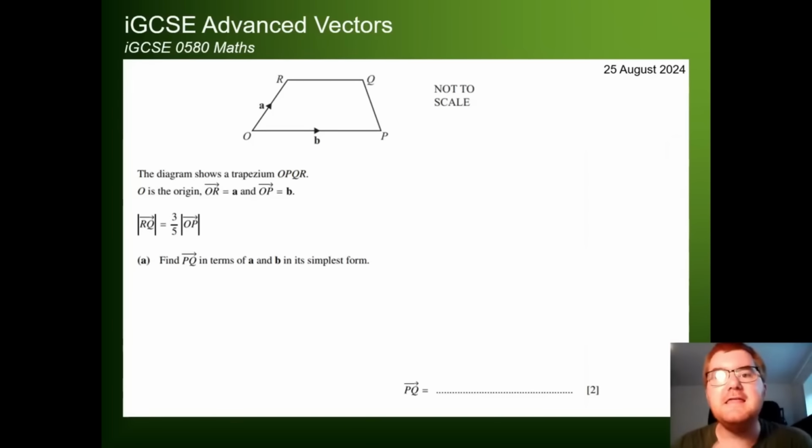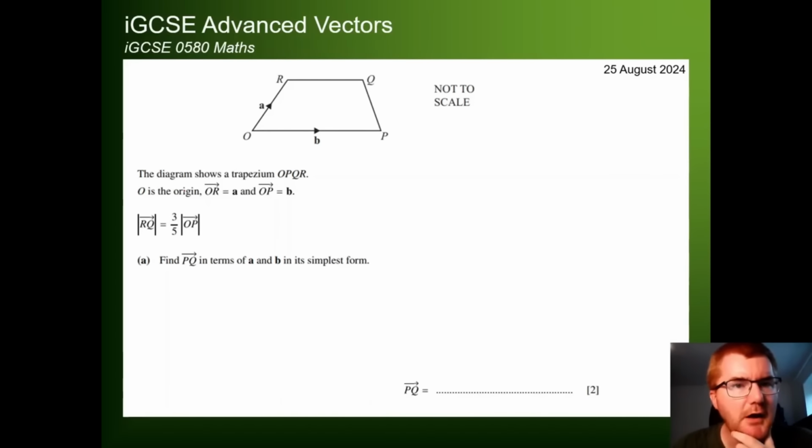Right, on to our next question. So we have a trapezium, not a parallelogram this time, so you have to be a little bit more careful. O is the origin, OR is A, and OP is B. Okay, so we've got our position vectors here. And the magnitude of RQ, so let's look at this vector at the top here, is 3/5 of the vector OP. Now we know OP is equal to a whole B, so the top here must be equal to 3/5